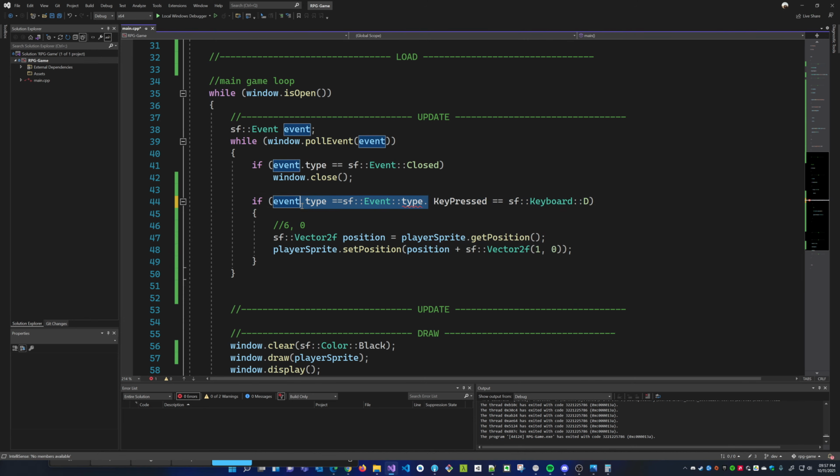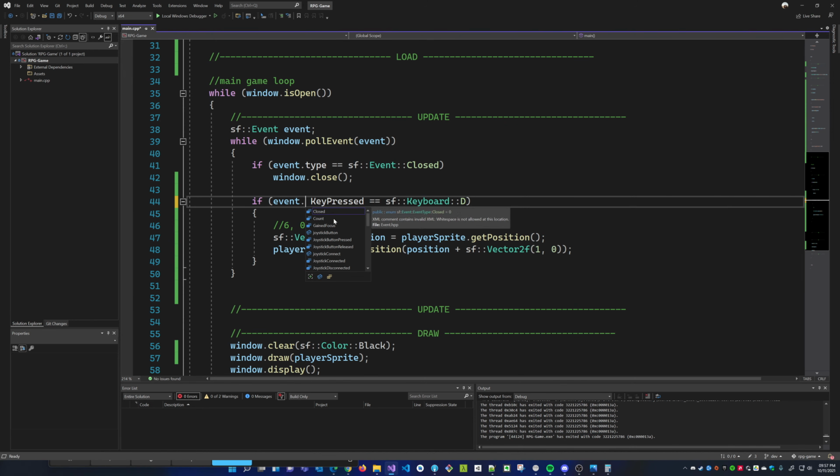Okay. Should be keyboard, right? Key pressed. Okay.